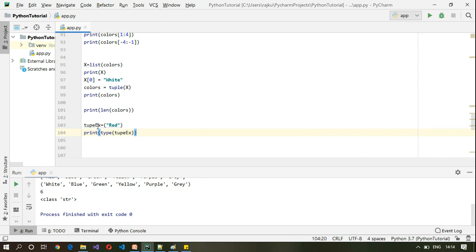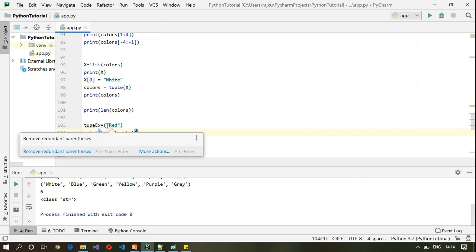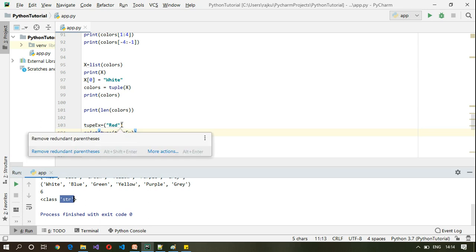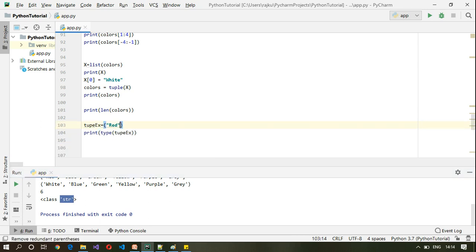Here, even though there is one value within the brackets, this is considered a string. So how do we make this a tuple? If we have only one value, then you must end that value with a comma, and then it will be considered a tuple. Let me save this and re-execute this. Earlier it was string. Now if I re-execute this, it becomes a tuple. So this is one thing which you have to bear in mind.